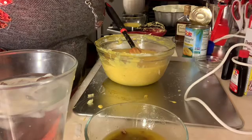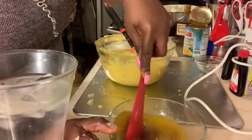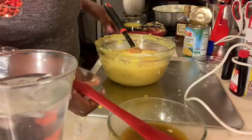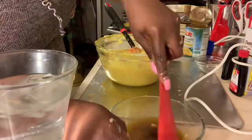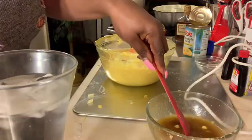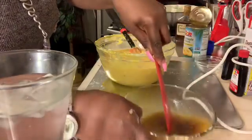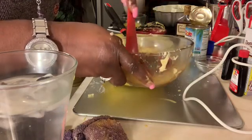We're going to my little chef corner, and we're going to take that like so and get all of the brown sugar incorporated in the melted butter. I already took the time to melt the butter. And it's going to sit at the crown, at the base of the cake. So I'm going to put it like this so you can see. And I'm just gently because I already had